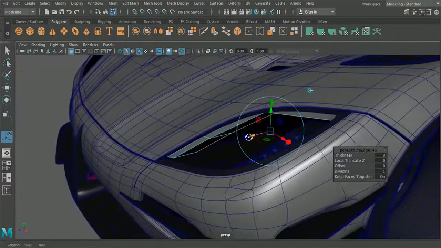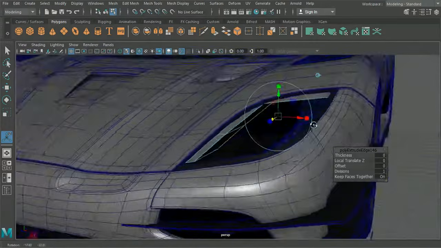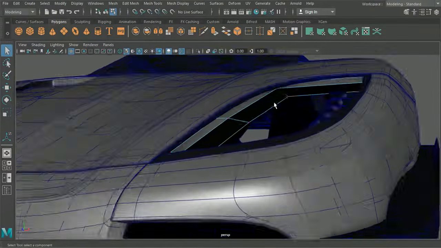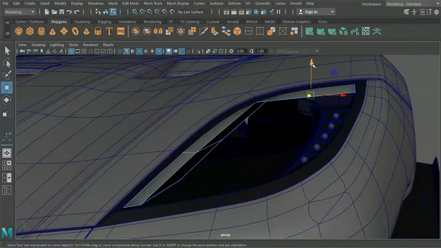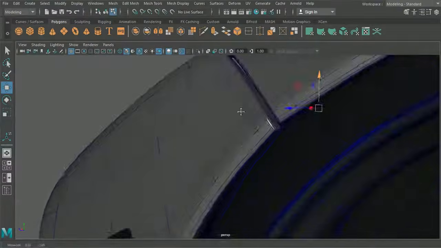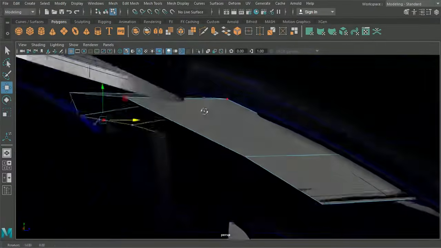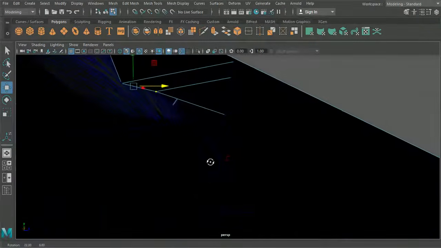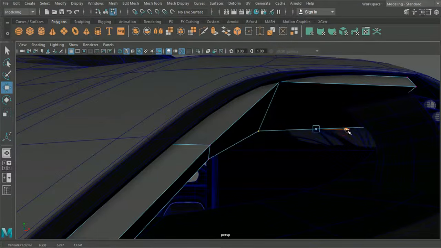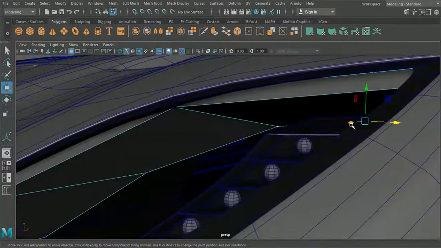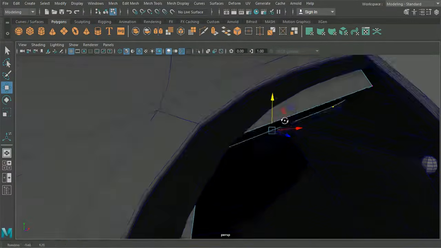We'll pull this in. Now again, if we pull this in, what's actually happening is this one and this one are moving down. I think what we'll want is this to sit probably much further in here to meet the top of this point.